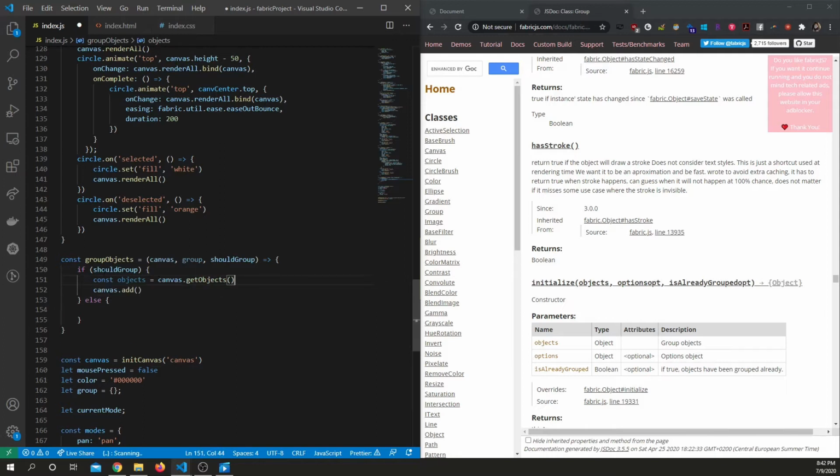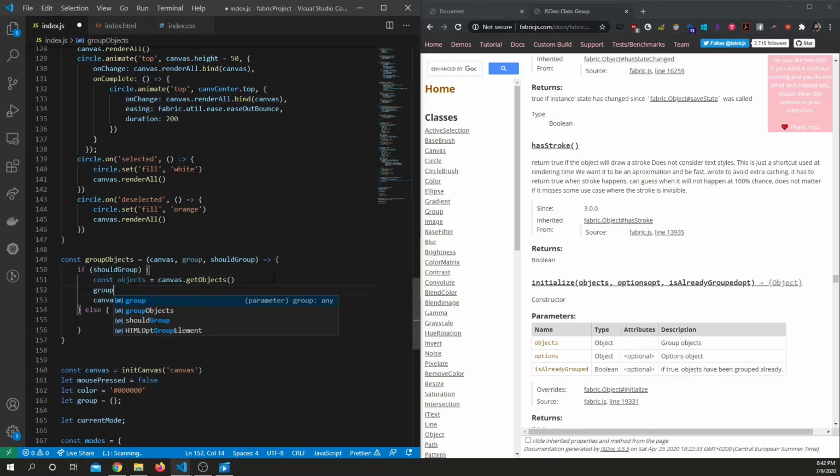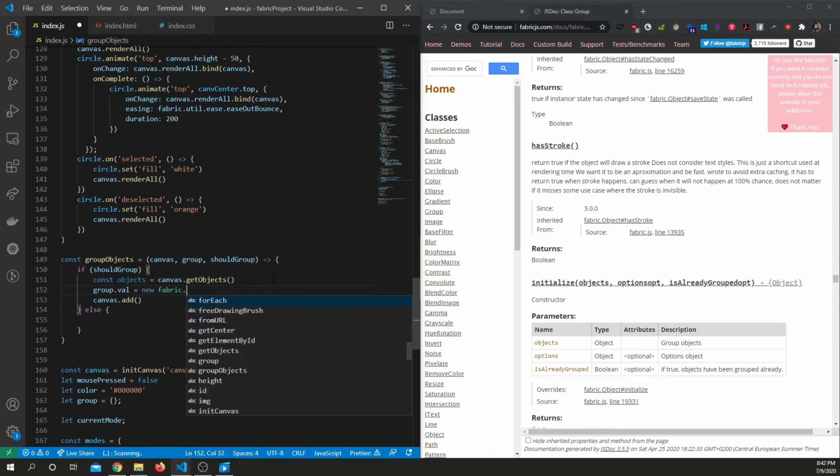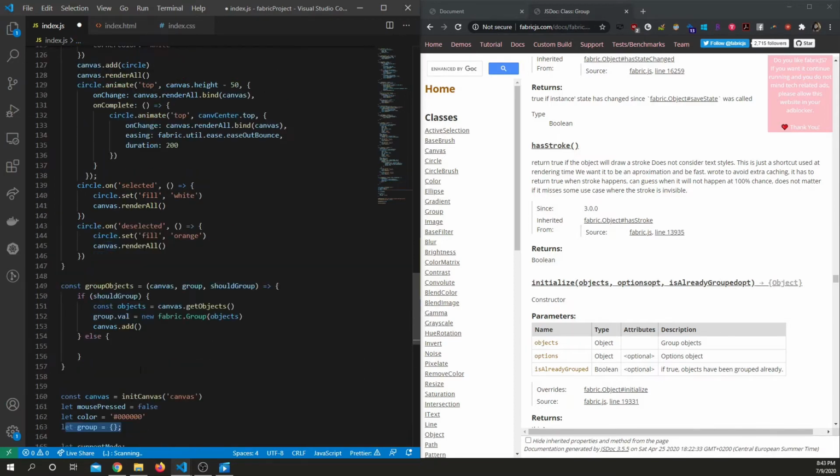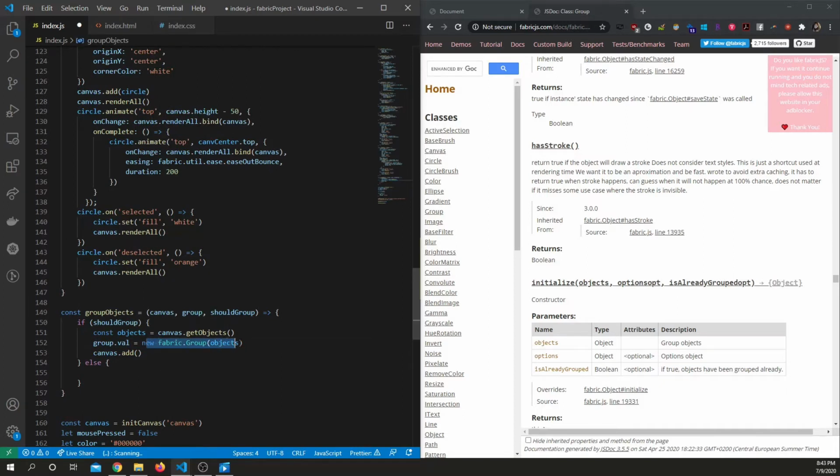These objects are already in the canvas right now. What we want to do is turn these objects into a group, remove them from the canvas, and add the group into the canvas. Here I'm setting the val property of the group object to the new group that we're creating. I can add this group to the canvas,